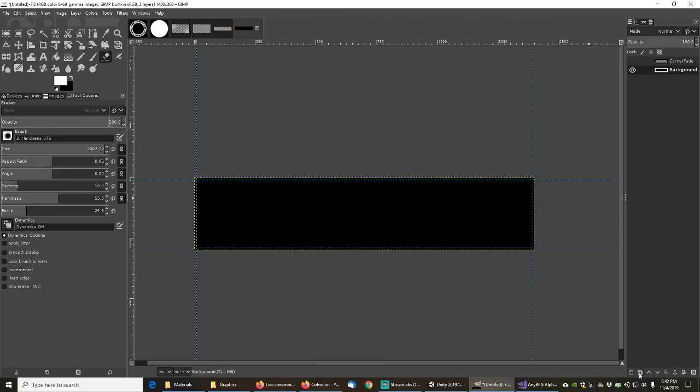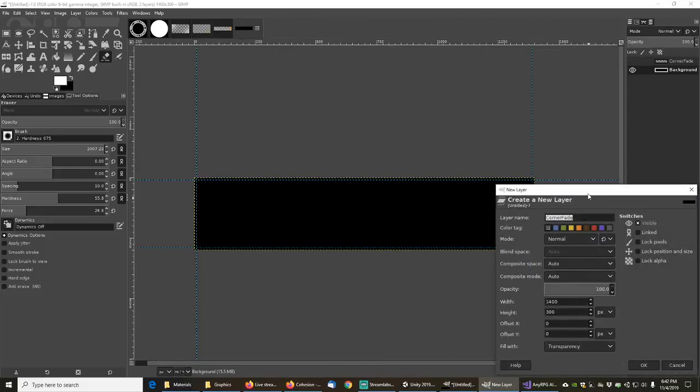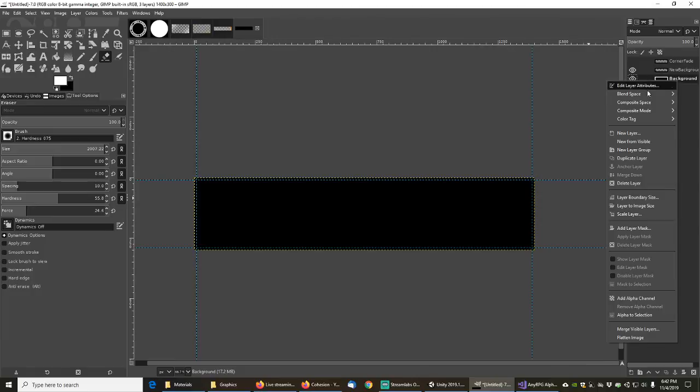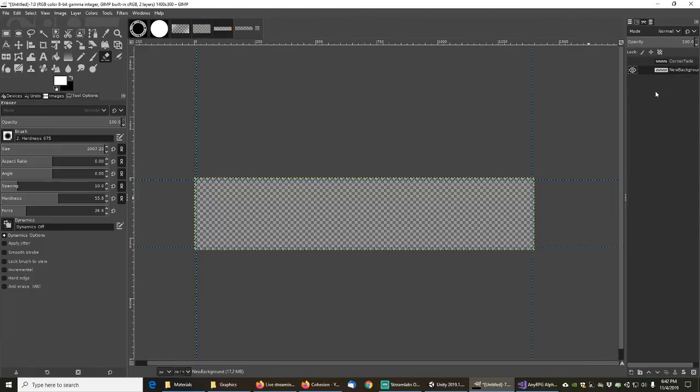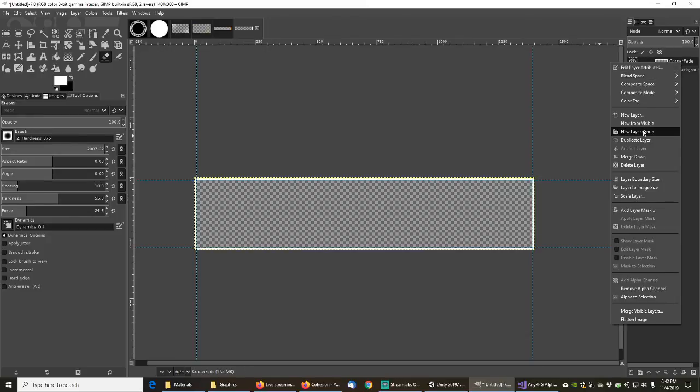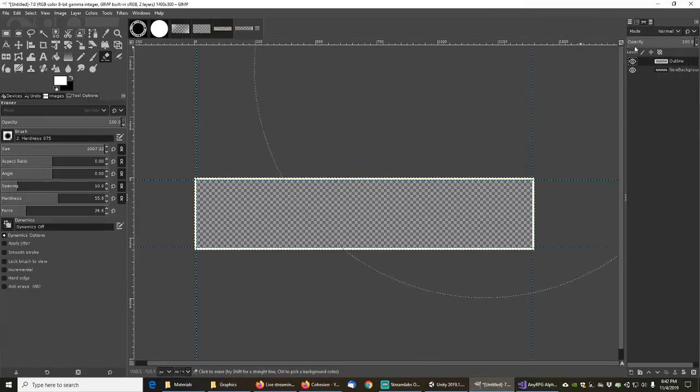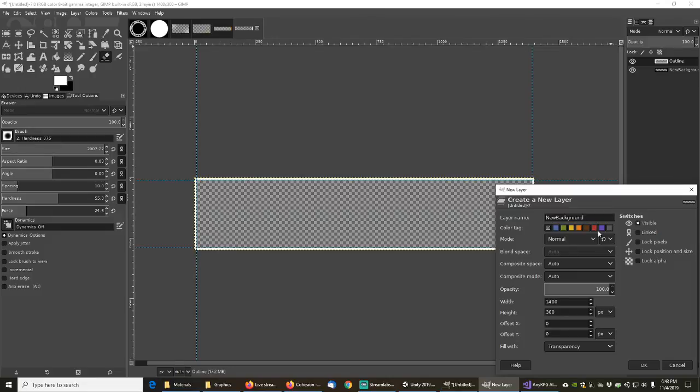Well, there is another quicker way to do this rather than trying to figure that out. New background, and it's filled with transparency. And then we just take the old background and we delete it. There we go. Now we've got a transparent background. Okay, good. So this corner fade, we're going to rename that. Can we rename it? Yes, okay. And this is called outline. And then we'll make a new layer, fill that with transparency, call this corners,